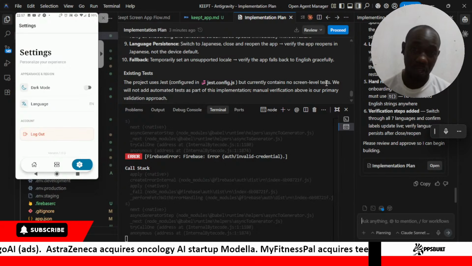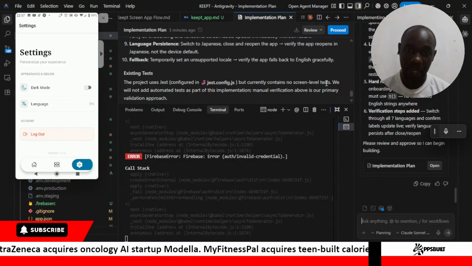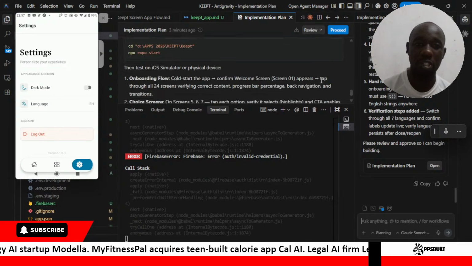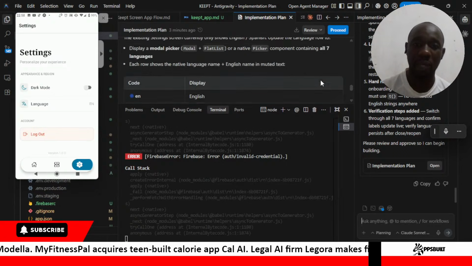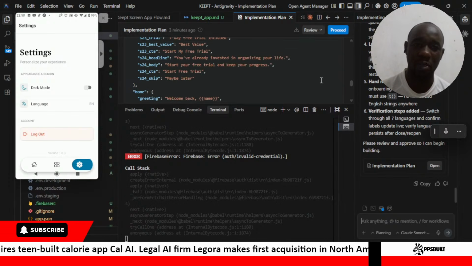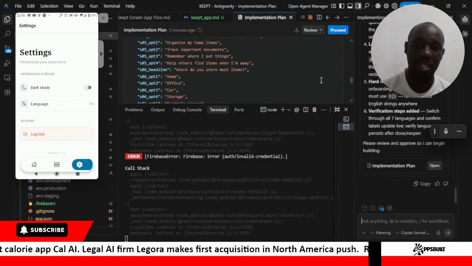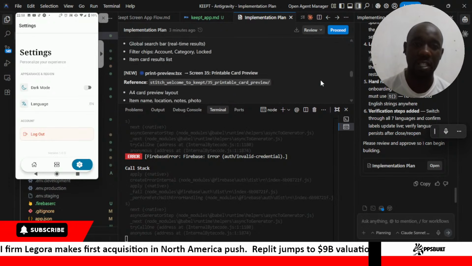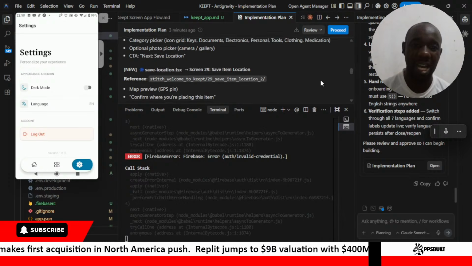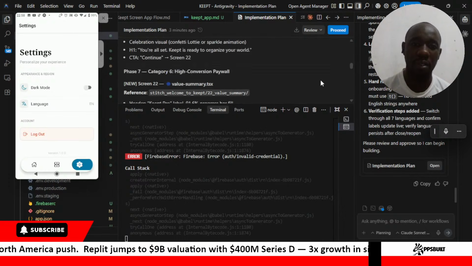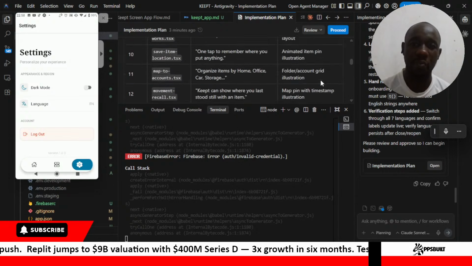But sometimes when you're using tools like Gemini, the implementation plans are going to be quite short, but you see it is quite something complex. So when you look at what you're building, it is laying out each and everything that is supposed to be on the screens, the texts, the references that the agent is supposed to look at. Each and everything is laid out in detail, which is a very good way of approaching such a complex task.